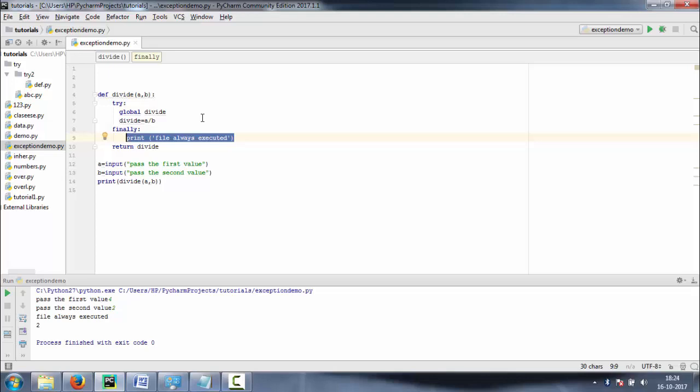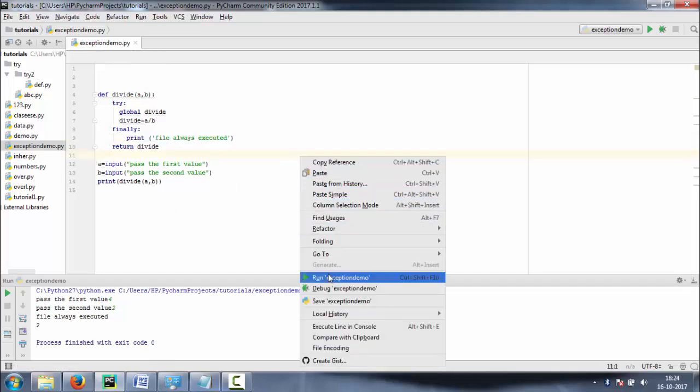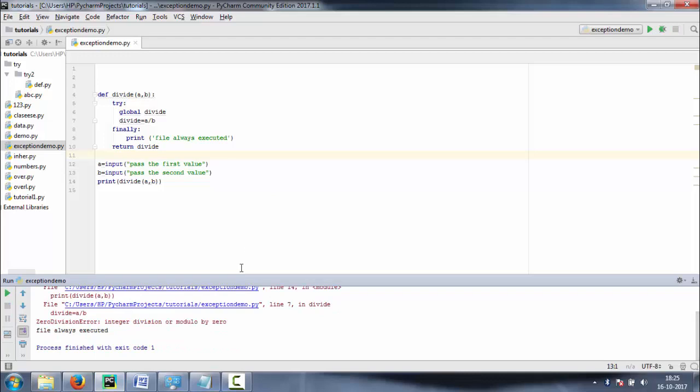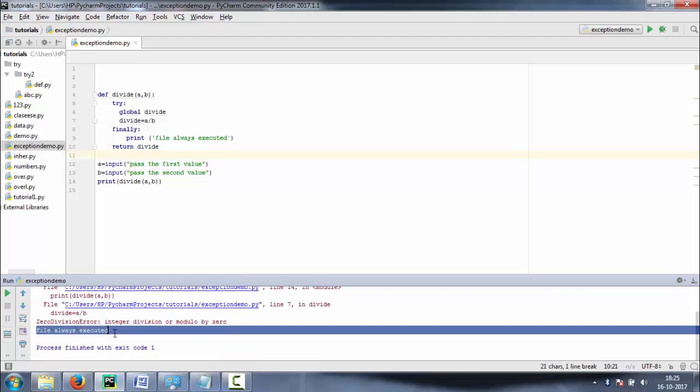Now let's run a case where the exception occurs. I'm passing 3 and then 0. We got an error, but it again runs the code inside the finally block, which will always work whether the exception occurred or not.